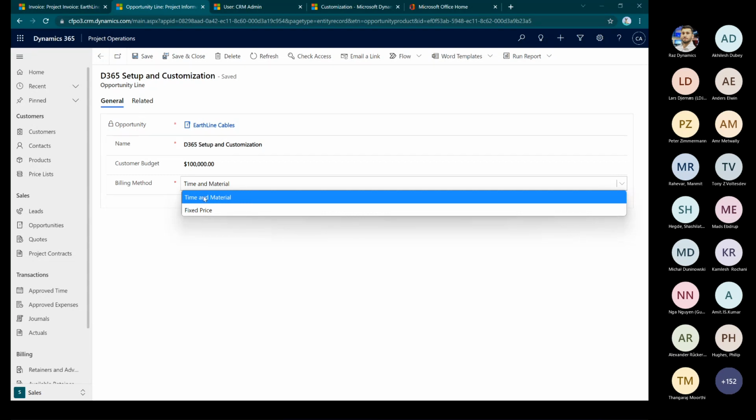So for whoever is new to project operations or project service automation for that matter, time and material means that in your project, if your resources are going to enter time, and if that is supposed to be considered in billing the invoice to the customer, time and material should be used. If your opportunity line or your quote line is using a time and material line, the project that will further be tied to it, and if the users enter time on that, that time will be considered in a part